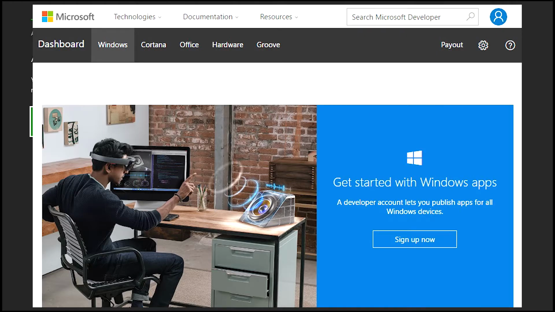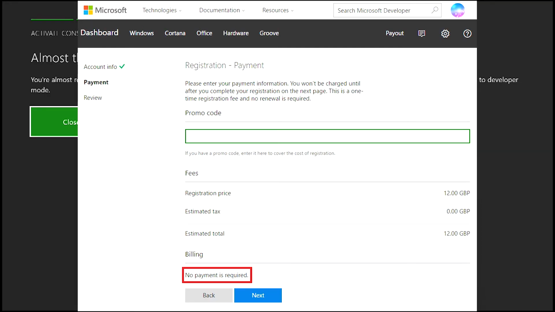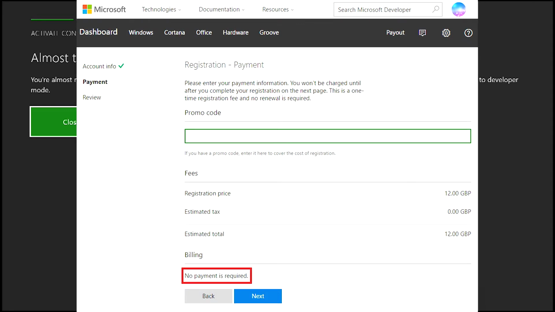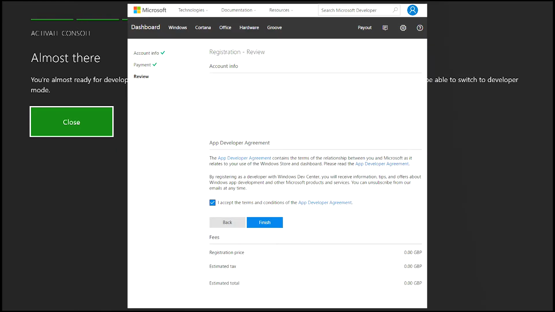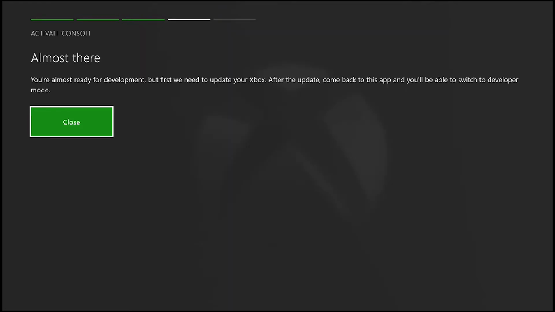Registration payment. If you have a promo code, like if you're in a college or university with a Microsoft partnership, then you can actually get this free. But if you don't have that promo code, then you just have to pay the £14.40 and accept the terms and conditions. So once you've done that, it will then prompt you to activate your Xbox